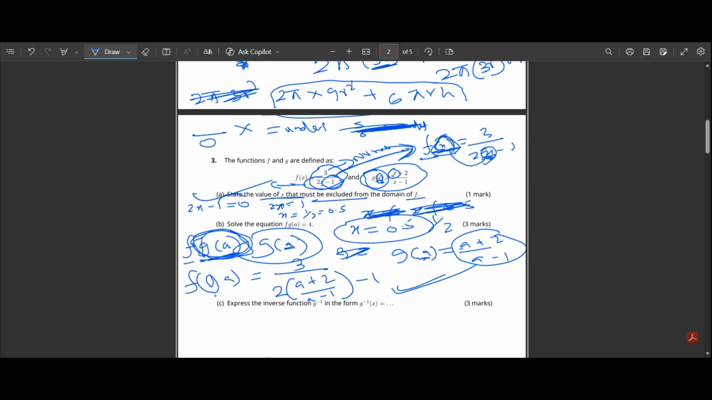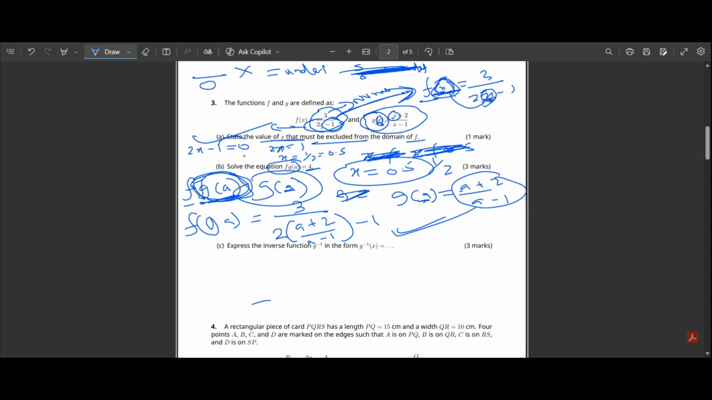Okay, we have got the value, but if you check the question, it says solve the equation. The question is solve the equation. This is equal to 4. It means they are telling that